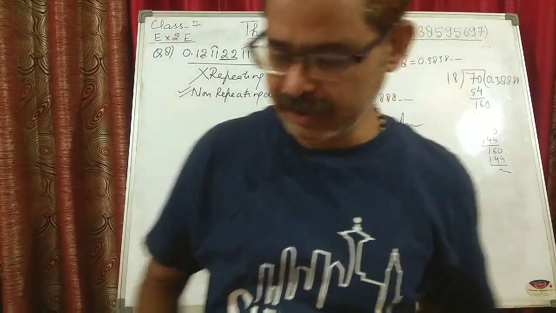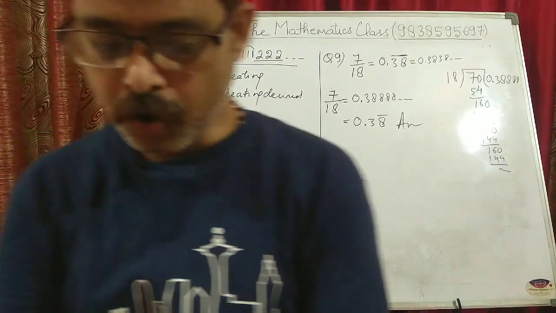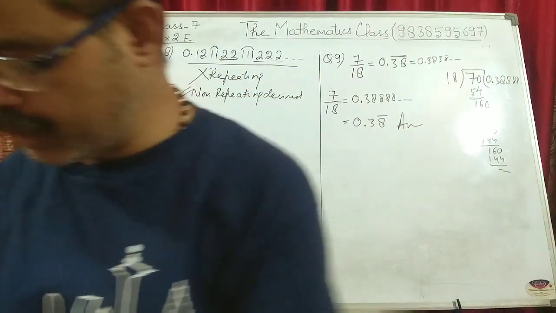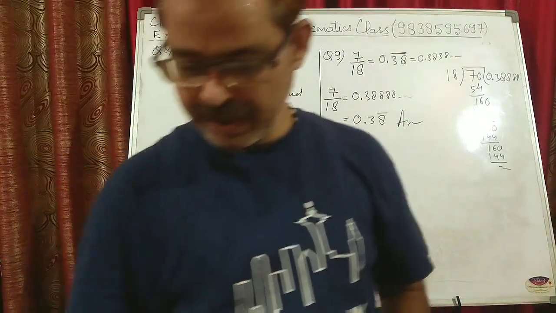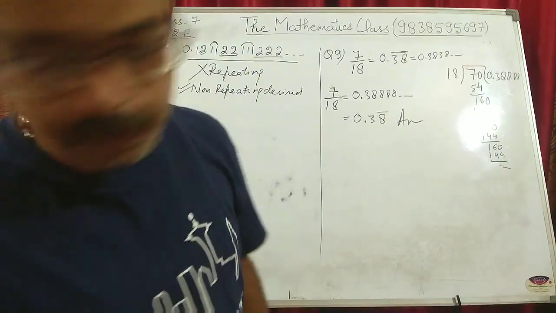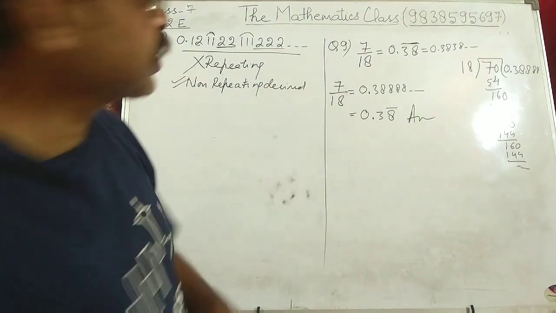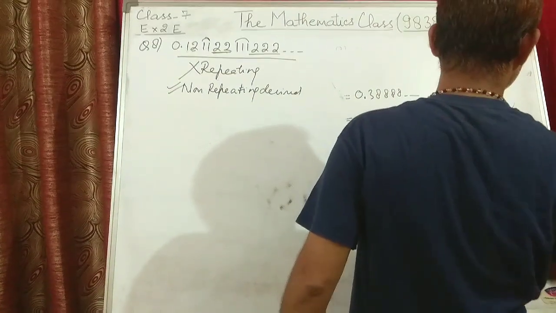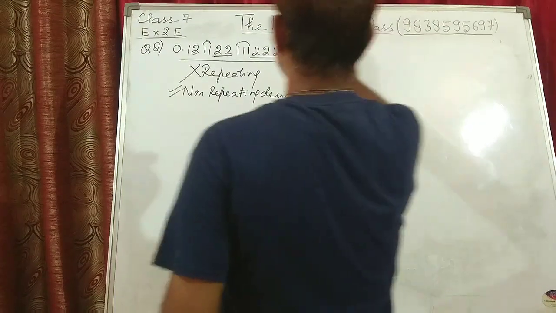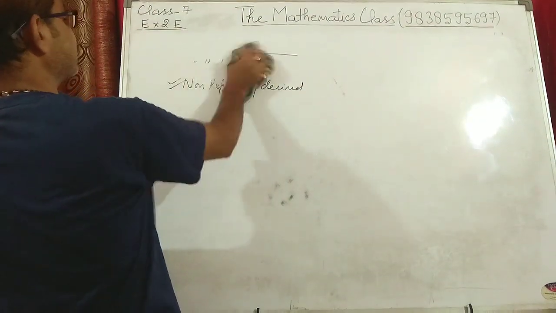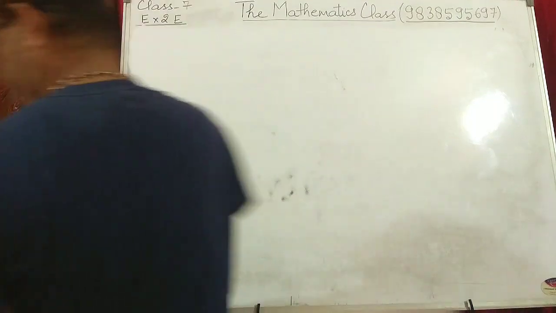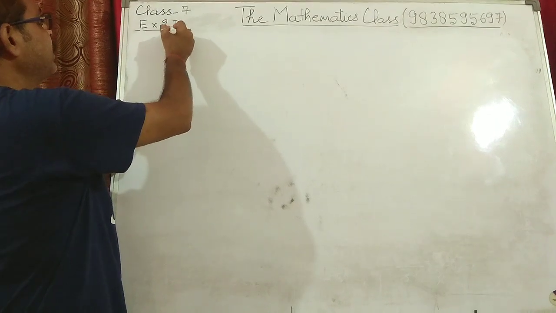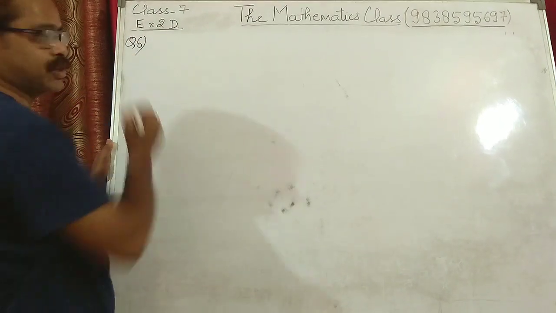Now we have done the exercise 2E, all the questions. But I think we haven't done anything in exercise 2D. So in this we will be doing the last questions, from question number 6 onwards. It means up to question number 5 you can practice them in your practice registers. We will be doing exercise 2D from question number 6 onwards.